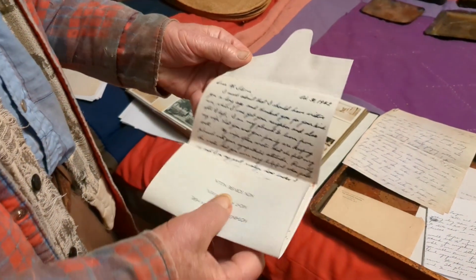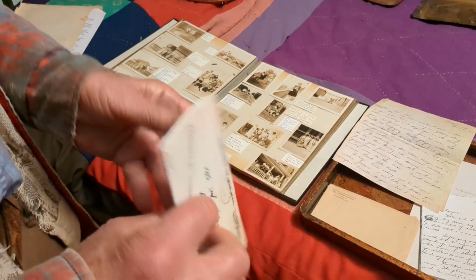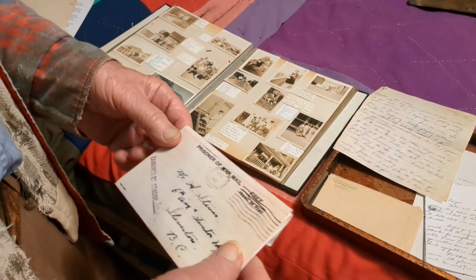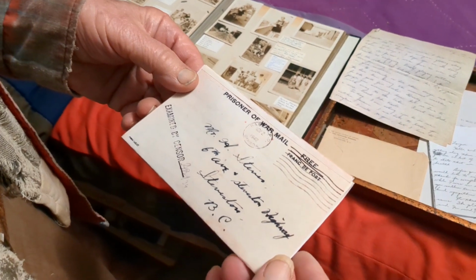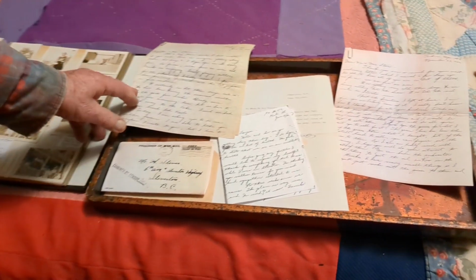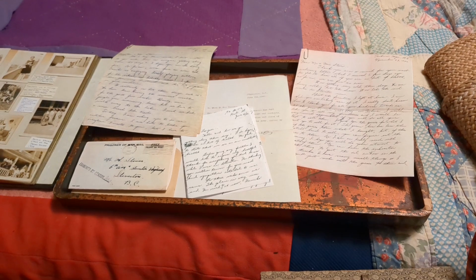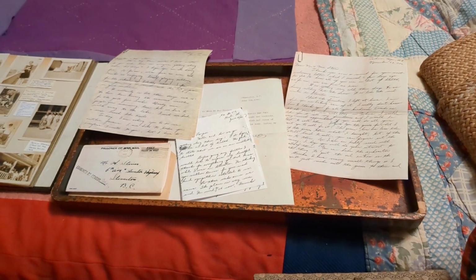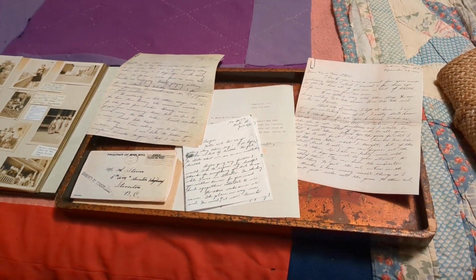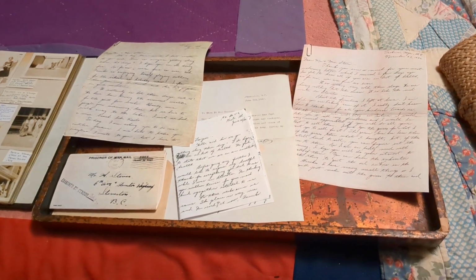They were totally English speaking, and yet they were regarded as enemy aliens. So these are just a few of the letters from Mr. Kajiro and Mrs. Kajiro to my mother and father, and some of the letters were to Aunt Ida from other